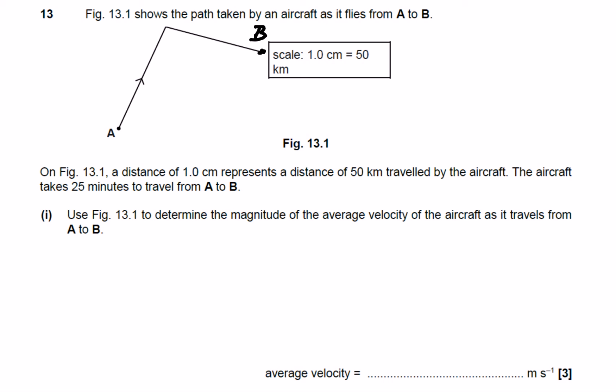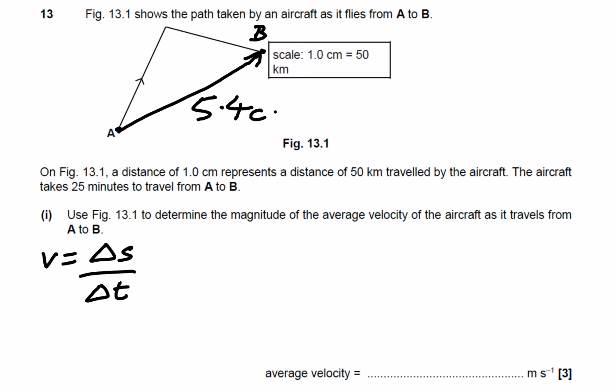And of course what we need to realise is that the velocity is the rate of change of displacement. The displacement is from where it starts at A to where it finishes at B in a straight line. So if you take your ruler out and measure this distance, it comes out as 5.4 centimetres, about a millimetre either way. So therefore my change in displacement is going to be the 5.4 centimetres multiplied by,